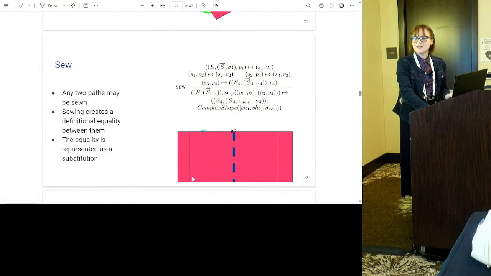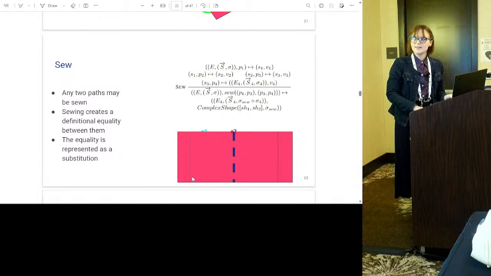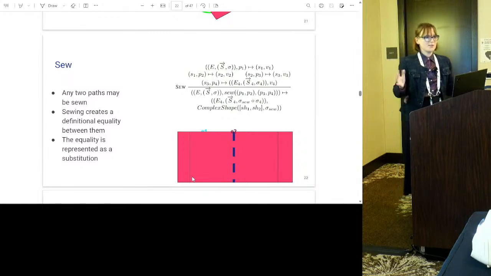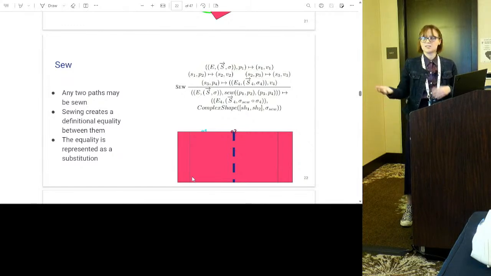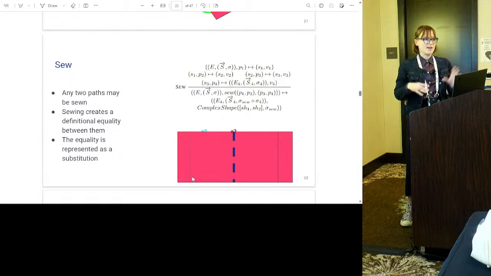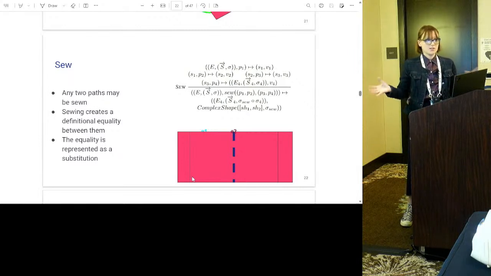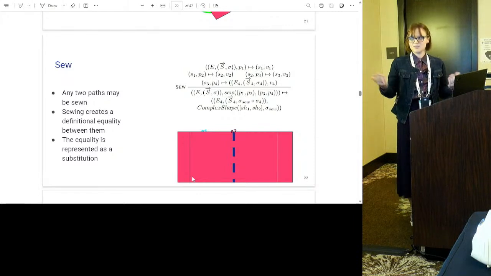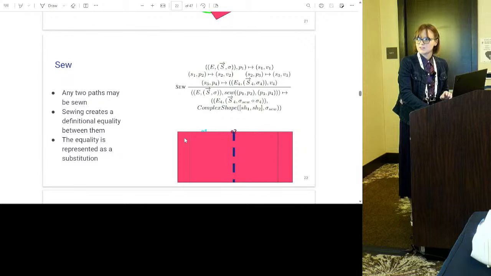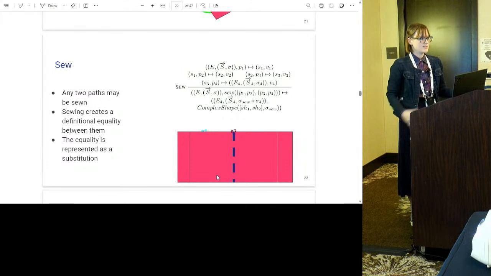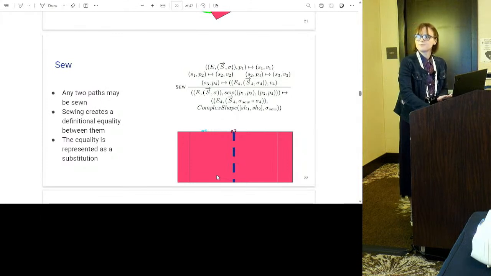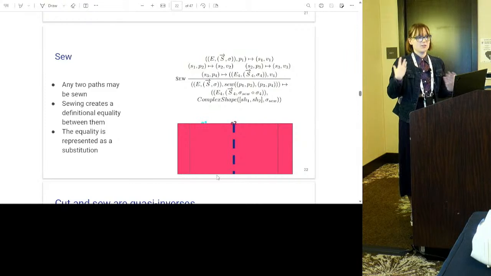And then finally, the last main quilting operation is sewing. Sewing is probably the simplest, because anytime you have two edges, you can just sew them together. We're not concerned about lengths of edges, or about where they are, whether on separate pieces of fabric or not. You can always sew two edges together to form a new shape. Again, this would be very cool with our animations, but if you started with two rectangles and sewed two edges together, like we saw in our complex shape example, you would end up with another rectangle. This is always how we create complex shapes, by sewing two edges together.